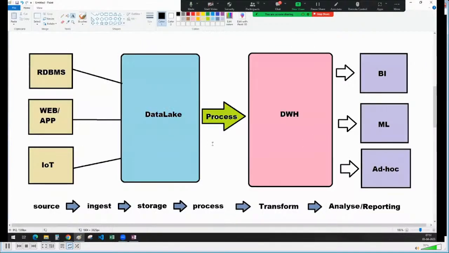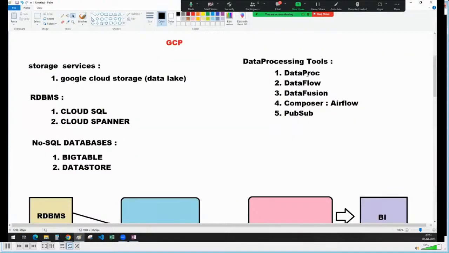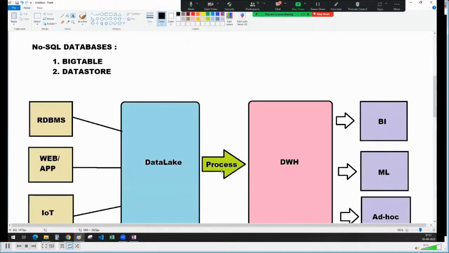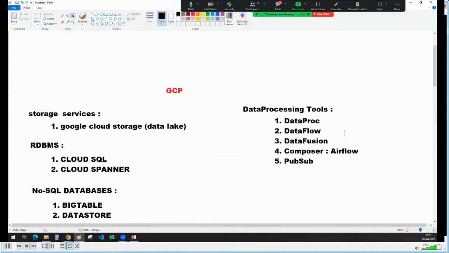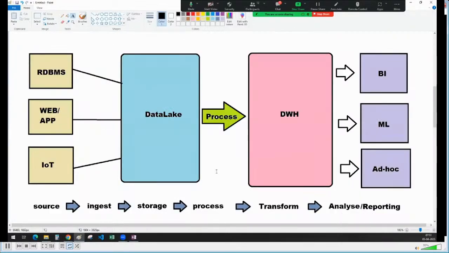Sir, if I want to work with the Hadoop environment and Spark environment, then you go for Dataproc. If you want to work with a serverless platform and the Apache Beam programming model, then you go for Dataflow. If you want to create a data pipeline but you don't want to write any code, you want to create a pipeline and do the transformations without writing any code,